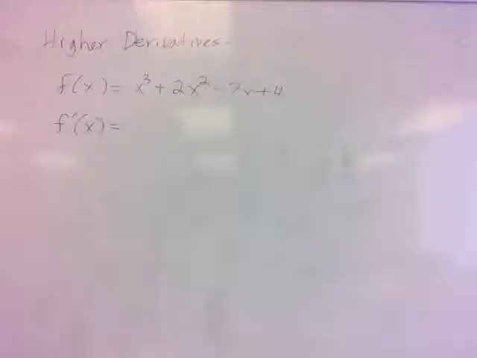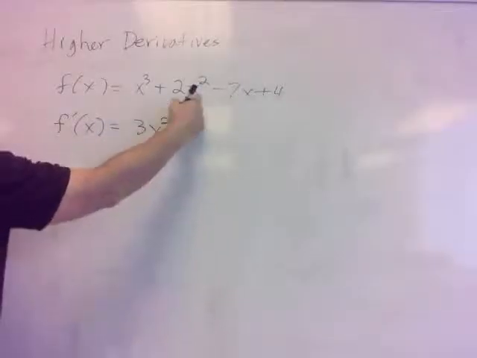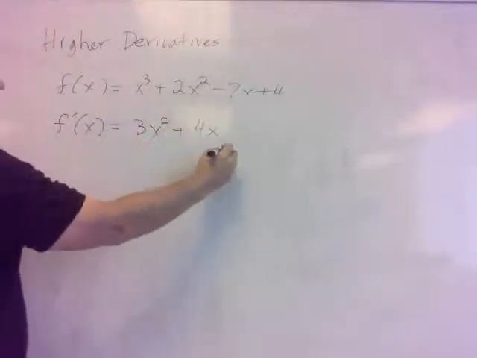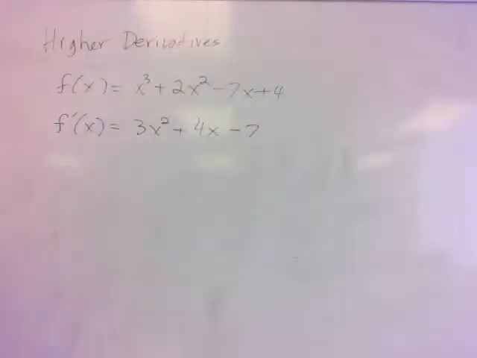What's the derivative? Well, we're back to our regular polynomial, so it's all good. The derivative of x cubed is 3x squared. The derivative of 2x squared would be 4x to the first, and the derivative of minus 7x would be minus 7. The derivative of 4 is 0, so the derivative is 3x squared plus 4x minus 7. We're now going to sometimes call that the first derivative,